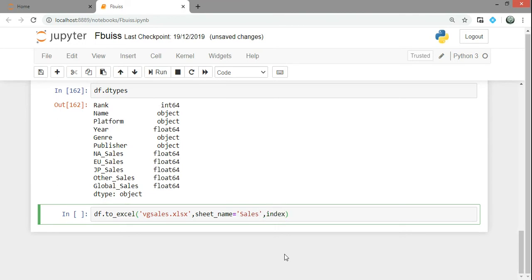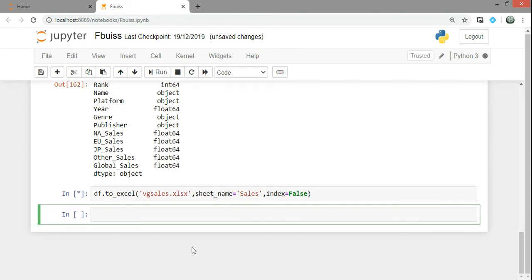So you can fetch data from Excel worksheets into a pandas data frame, work on them, and store them back. So df.to_excel copies the data frame into vgsales.xlsx,